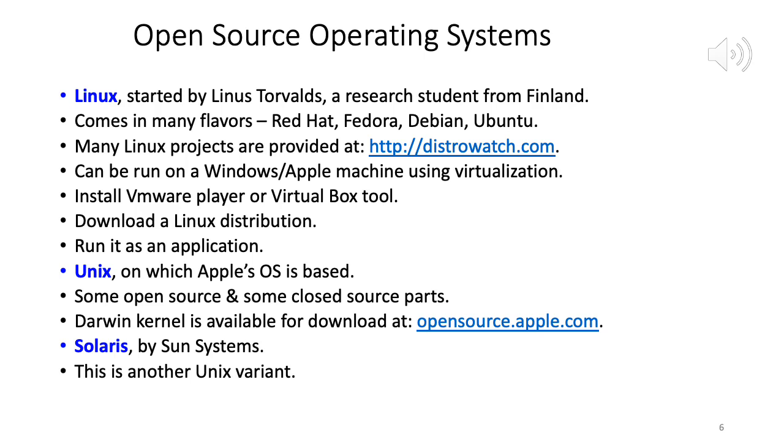To look at all the different Linux projects, kinds of Linux versions, you can visit this website called DistroWatch. Each Linux version is called a distribution. If you go to DistroWatch, you can see various kinds of distributions and other information, news regarding Linux. So it's a good website to watch. You should definitely visit it.